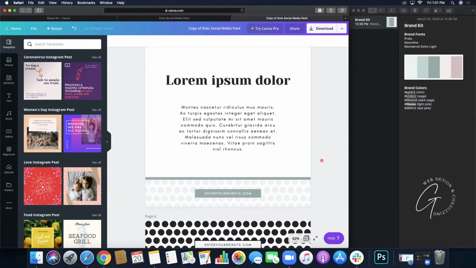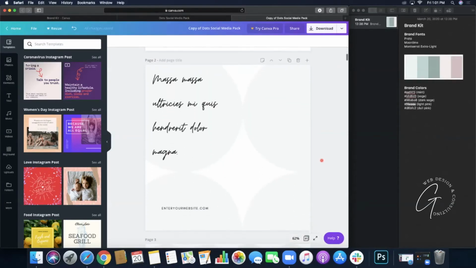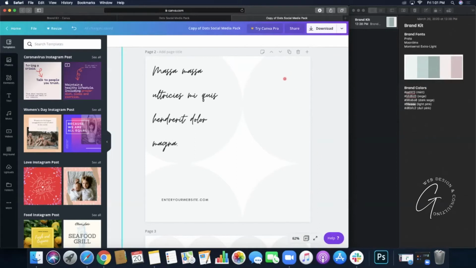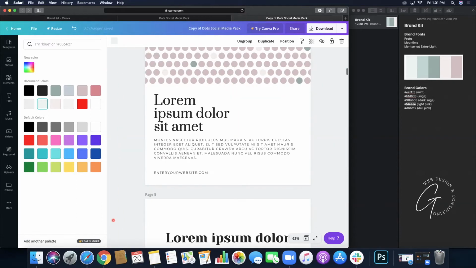Now, I'm not sure if you quite remember, but on the very first page, or I guess technically the second page, we changed this circle color to the mint that is in my faux brand colors. And remember, we checked off a box. It probably won't show up, but there was a box down here that we checked off that allowed us to change all the colors of everything that was a light pink color. So when you scroll down, you can see that